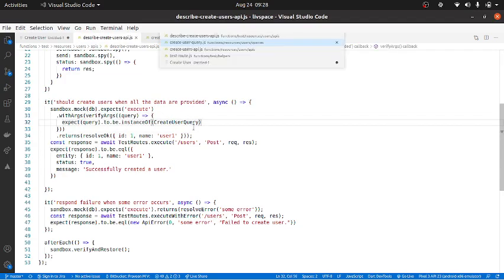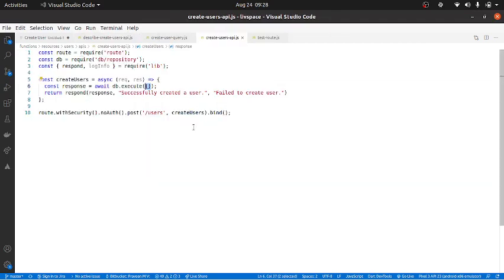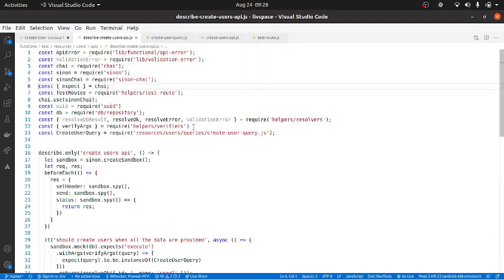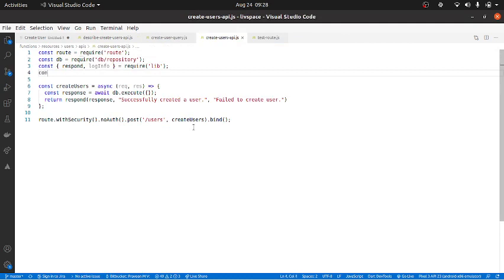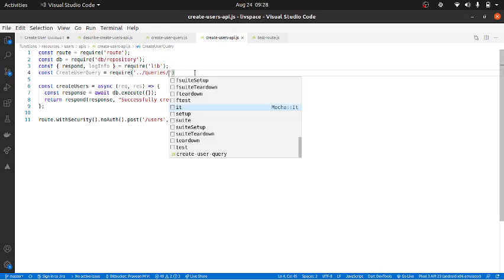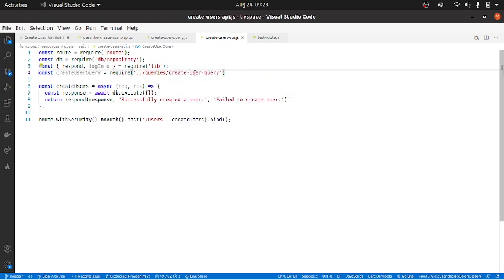So what we shall do is, I'll go to the API and I shall basically add a const createUserQuery equal to require it, since it is here only, dot queries slash create user query.